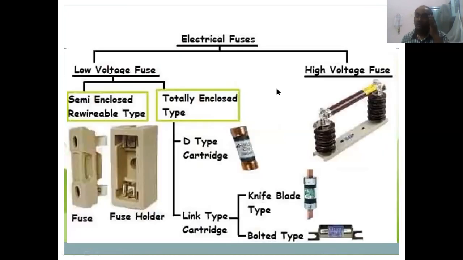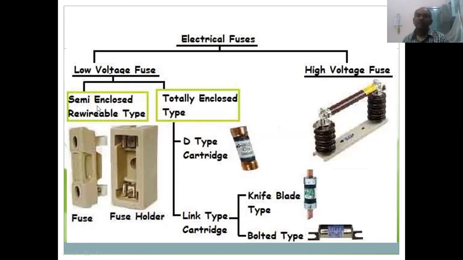Now, let us see a few fuses and how to identify them. You can see the electrical fuses, the low voltage fuses and high voltage fuses. Here the low voltage fuses are the semi-enclosed rewirable fuses. This is the KitKat fuse, with a fuse holder. This is a semi-enclosed rewirable type fuse. And another is semi-enclosed and open. Another is a totally enclosed type. And another is an open type fuse, which we can also observe in the case of DTRs, distribution transformers. There is no capping, so simply open fuses are provided. Open fuses, semi-enclosed fuses, totally enclosed fuses.